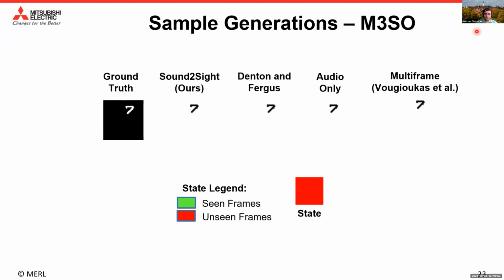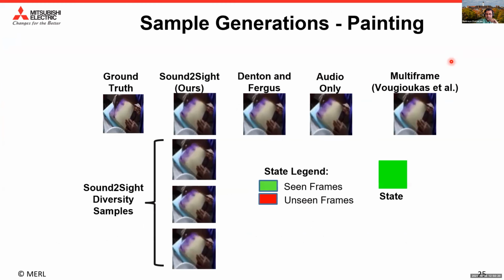Here are some qualitative results. We see that our method is able to do a much more accurate job of generating the video frames compared to any of these baselines that are shown to the right. Either they don't model the digit well, or they just generate some blurry generations that are not good enough. On the painting dataset,